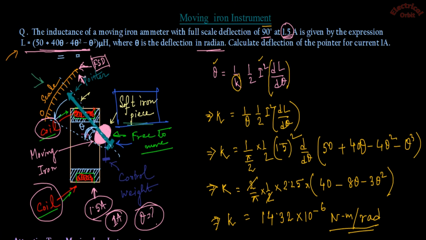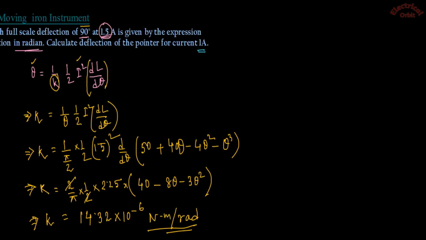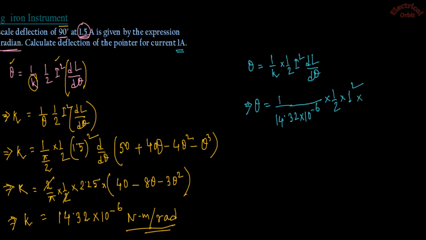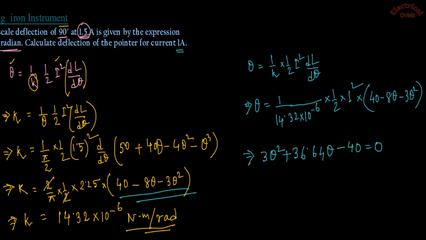Clear? Now what is our objective? We have to calculate the value of theta again when the current changes to 1 ampere. So write the equation once again. Theta is equal to 1 by K into half I square dL d theta. Now we know the value of K, I is equal to 1 now, and dL d theta is this same expression like this. So from here we can straightforwardly write like this. Just calculate and you will find the value of theta is equal to